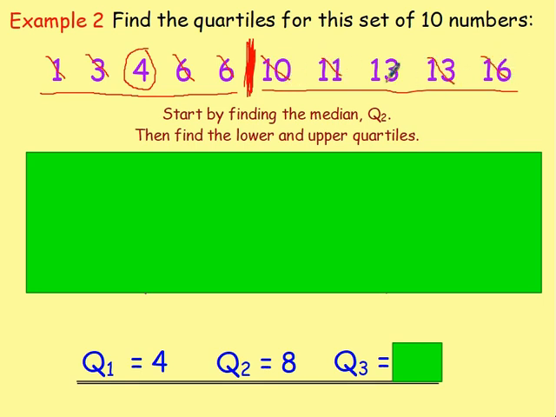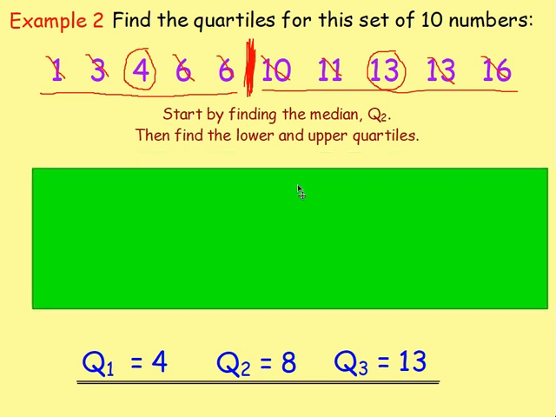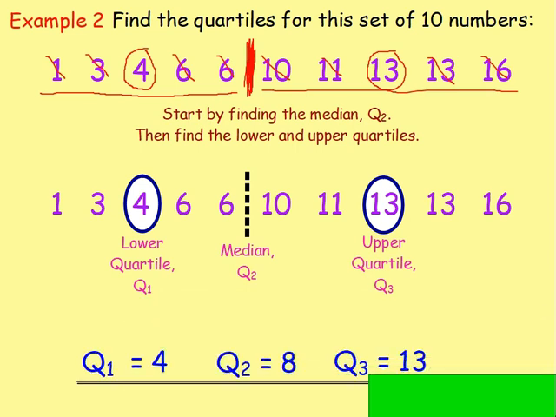1 from the left and 1 from the right. And we've got the 13 bang in the middle. So Q3, our upper quartile, is very unlucky. It's 13. And once again, if we take that slightly neater without everything crossed out, you can once again check